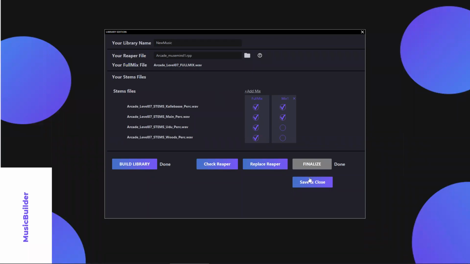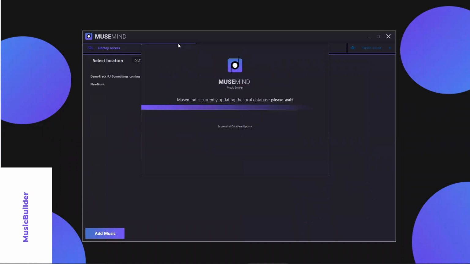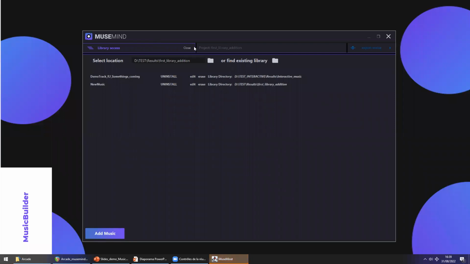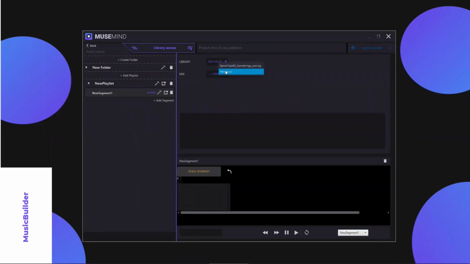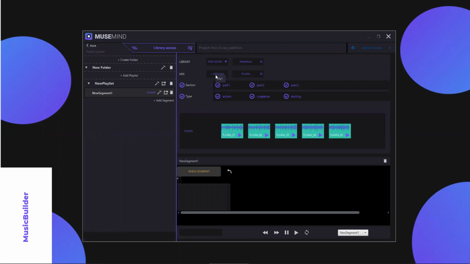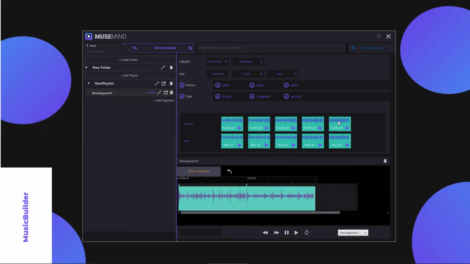And this is it. So you simply save and close, install locally. This again can take a few minutes. You can close the window, create a new folder, add a playlist, add a segments, select your new music, the various mixes that you've selected, and begin listening to the music units and building new segments by simple drag and drop